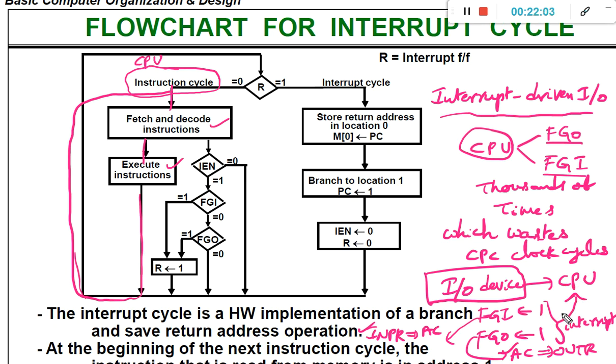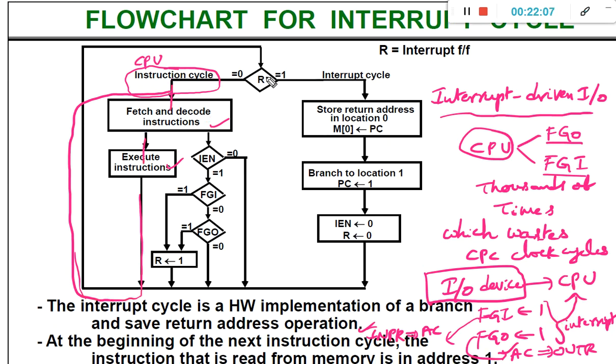What is that flag? The interrupt flag, that is nothing but the interrupt flip-flop. Here FF means flip-flop. Who is going to set the value for the interrupt flip-flop? The IO device, the input output device, is going to set the value for the interrupt flip-flop.